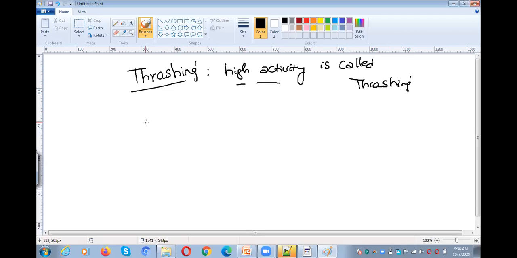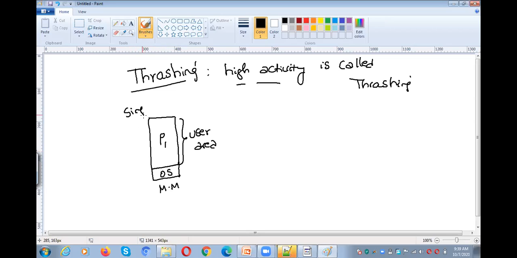For example, whenever you want to execute a program in a uniprocessor system, the entire main memory is divided into two parts. One is for the operating system and the entire remaining area is for user programs. This is the user area. Whenever a user wants to execute a program, that process needs to be kept in the main memory for execution. If it is a single user operating system,